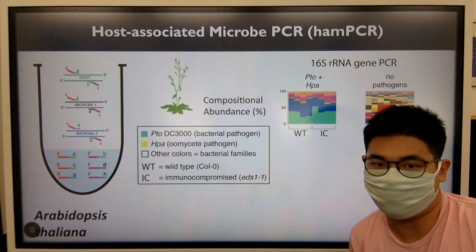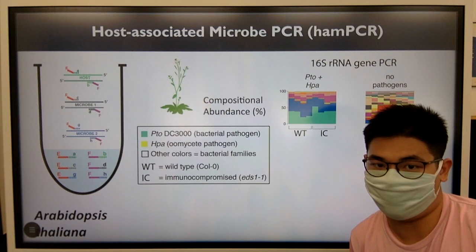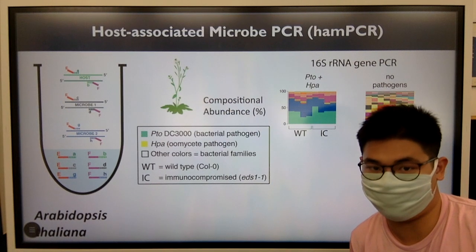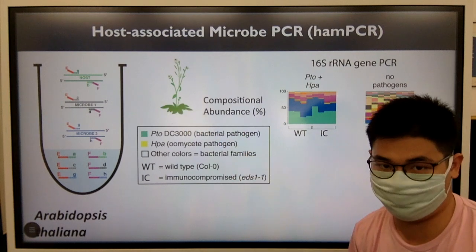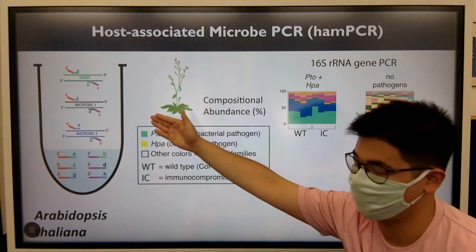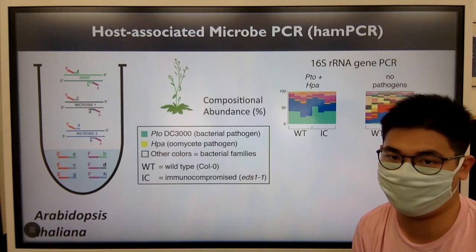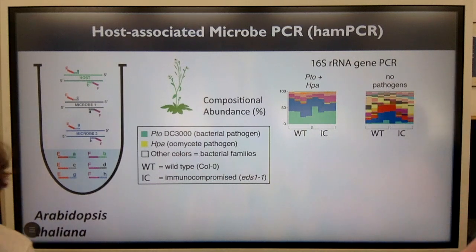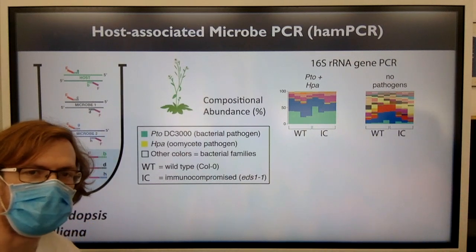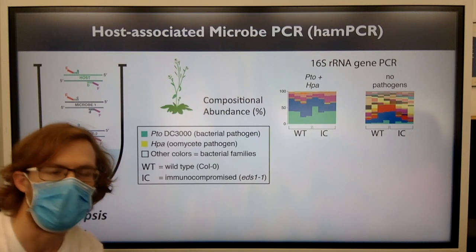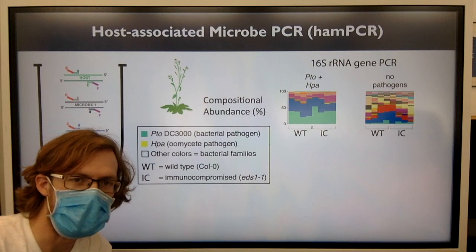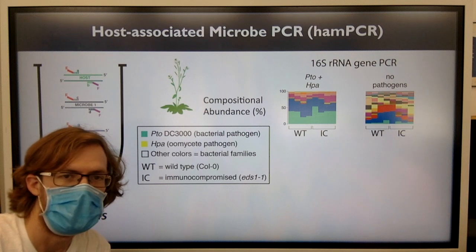And with that, we can apply hamPCR with 3 primer pairs. The first is for the host, and the rest are for microbes, and in this case, we applied it to an oomycete. So we did a simple experiment where we infected Arabidopsis thaliana with Pseudomonas syringae DC3000, a bacterial pathogen, and